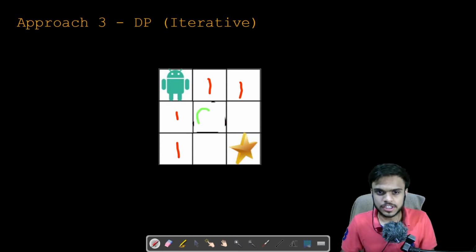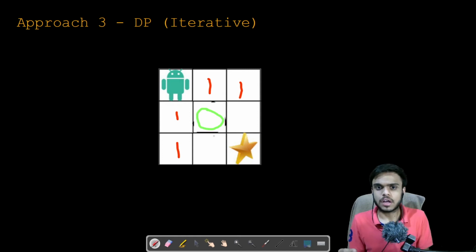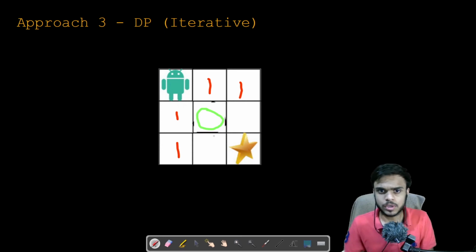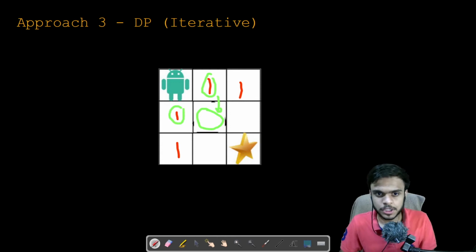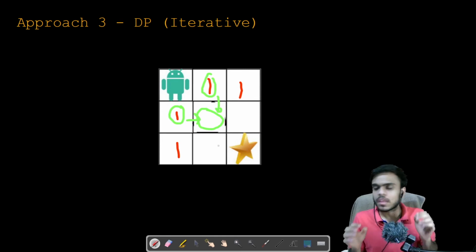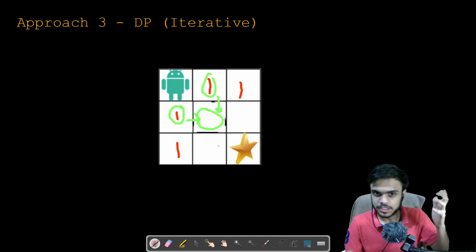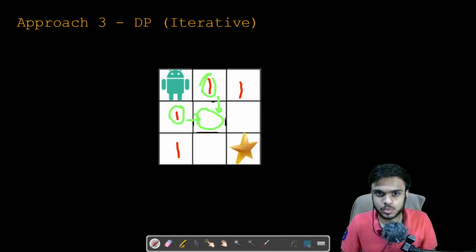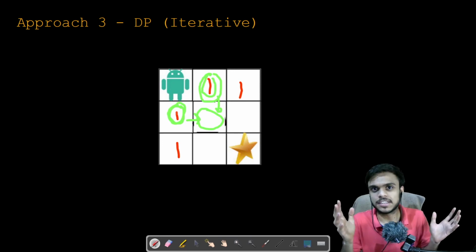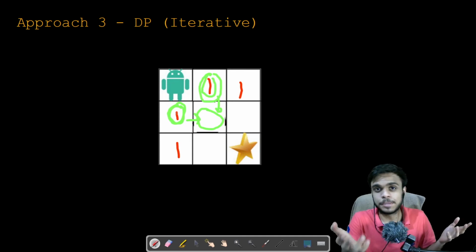Okay, so think of this particular cell and think of in how many ways you can come to this cell in just a single step. In a single step you can either come from this particular one which is on the top, or this particular one which is on the left. So these are the two ways from which you can come to this cell, which is present in the center. So how many ways are there to reach this cell? This would be this sum, that is 1 which is on the top, plus 1 which is on the left, because these are the only two possibilities and we have already calculated them, being 1 and 1.